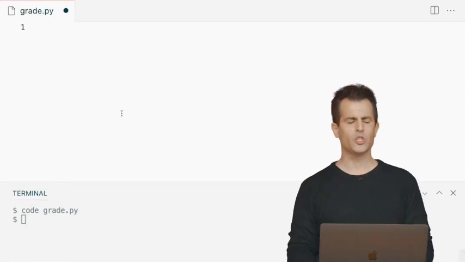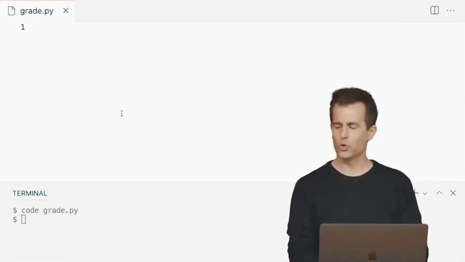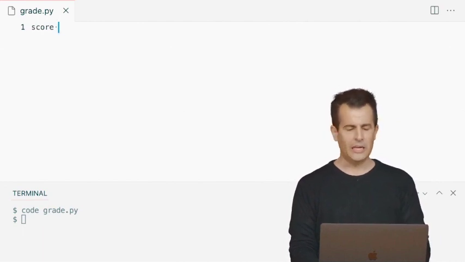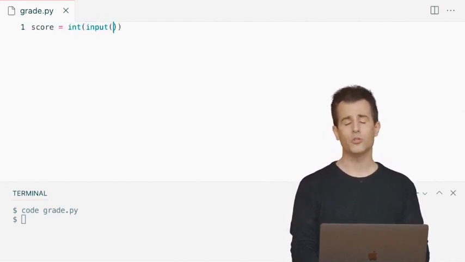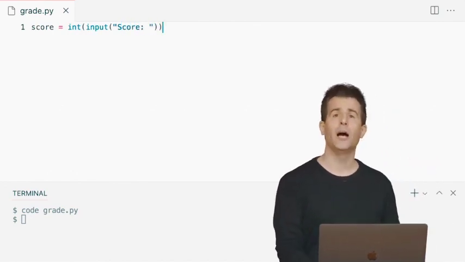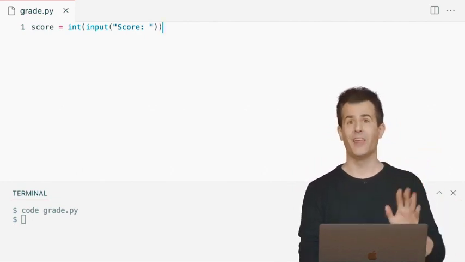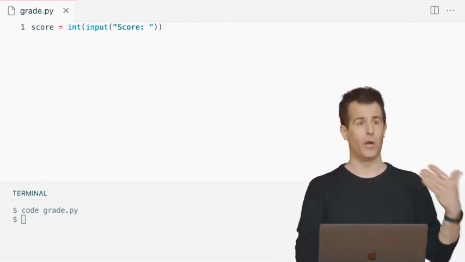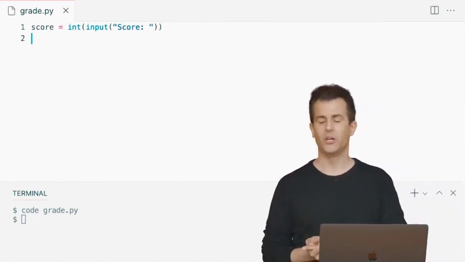I'm going to go ahead and run code of grade.py to give myself a new file. And I'm going to go ahead and start by just getting the user's score, again, on some assignment or test or the like. And I'm going to store it in a variable called score equal the return value of the int function, which is going to convert whatever the user's input is when prompted for this score. So again, the user should just oblige by giving me a number like 0 or 1 or 2, or hopefully much higher than that, like 97, 98, 99, 100, assuming the test or assessment is out of 100 percentage points.